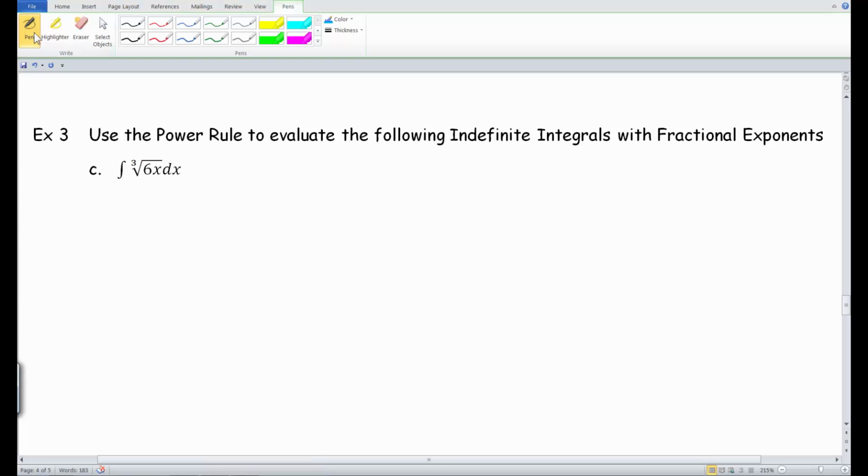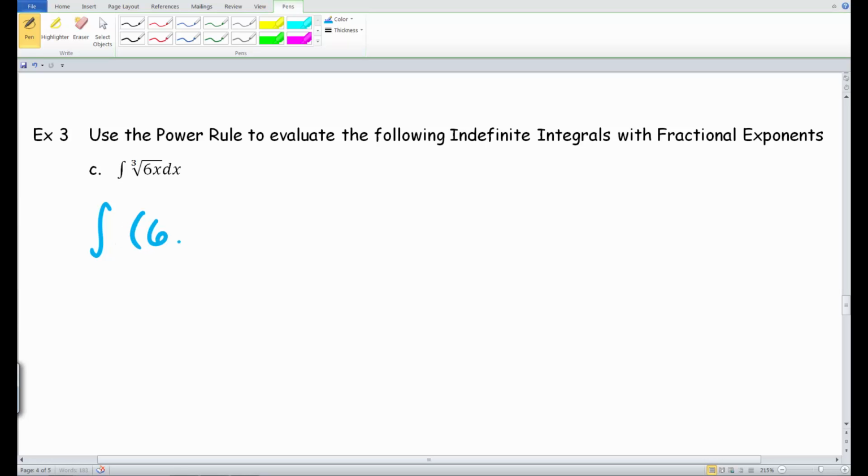Here we are at example 3C from our 4.1 set of notes. We're asked to use the power rule to evaluate the following indefinite integral with fractional exponents. Now, when we're first looking at this one, we notice that we are taking the integral with the cube root of 6x. And as a result, what we can do is go ahead and rewrite that, just like before, as